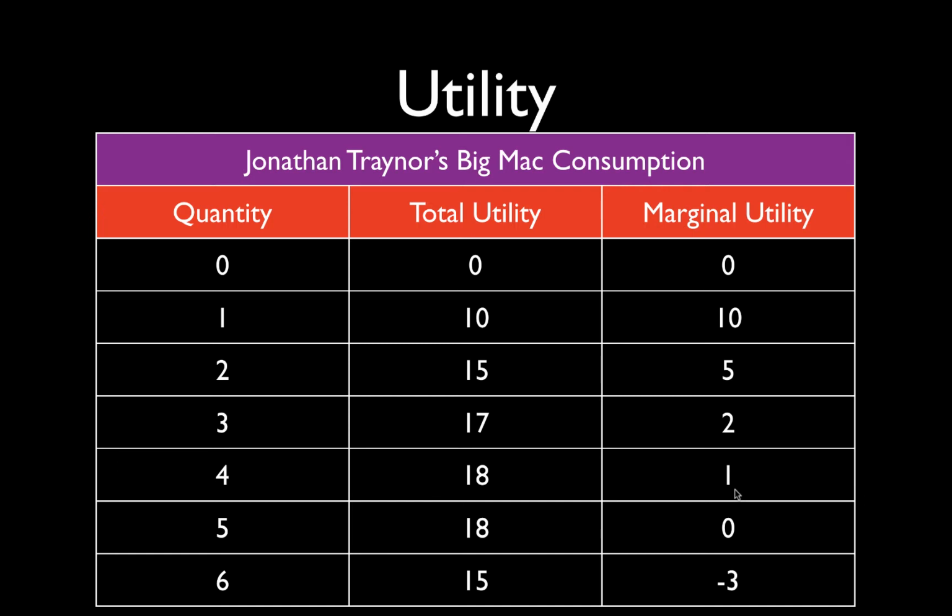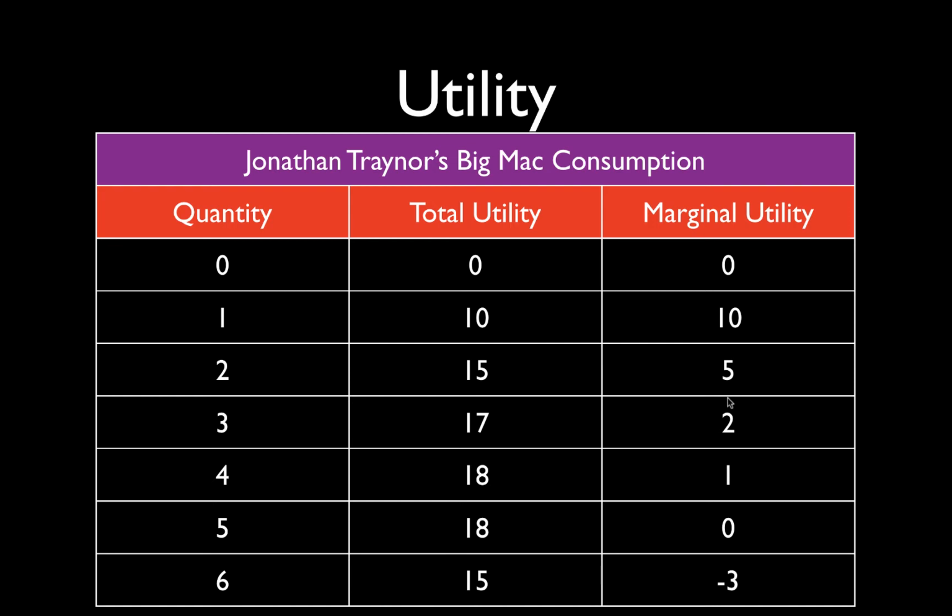If you're not sure, just go back and have a look at that and then come back to this. So what you see here, first of all, how do we calculate marginal utility? Well, it's the total utility of this good minus the total utility before it. So 10 minus 0 is 10, 15 minus 10 is 5, and the reason is because this represents the total happiness that I got from consuming 2 Big Macs. But if we see the change, which marginal utility is, marginal essentially means change or the extra, but they're the same thing.